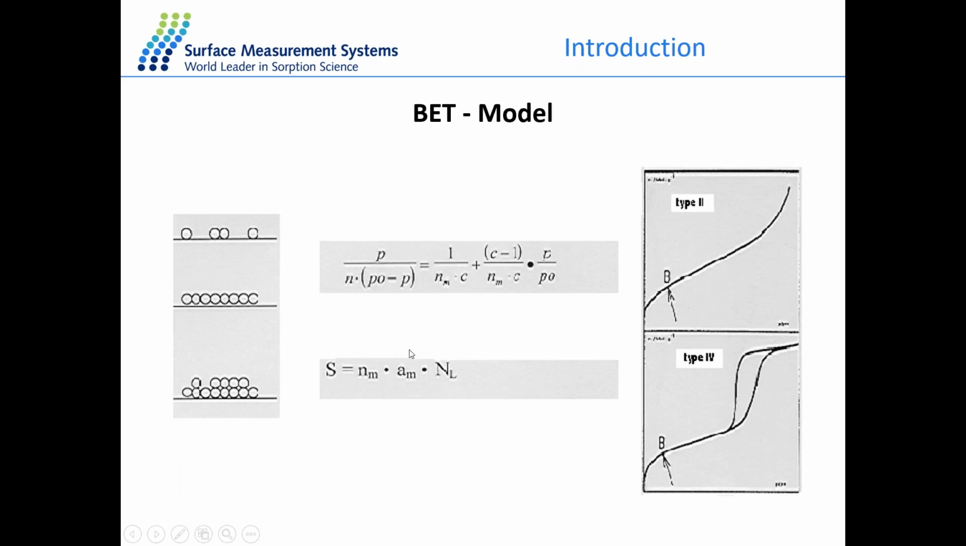And with the cross-sectional area of the probe molecule we are using from the literature, we can then calculate the BET surface area of the solid sample. So it's very important to fit a linear line to fit the BET model. That's why we need to use the linear region from the type 2 and type 4 isotherms, and it's very important to get the monolayer region for the calculation,